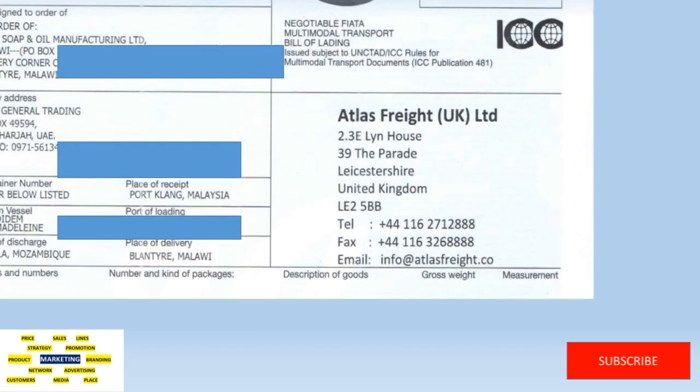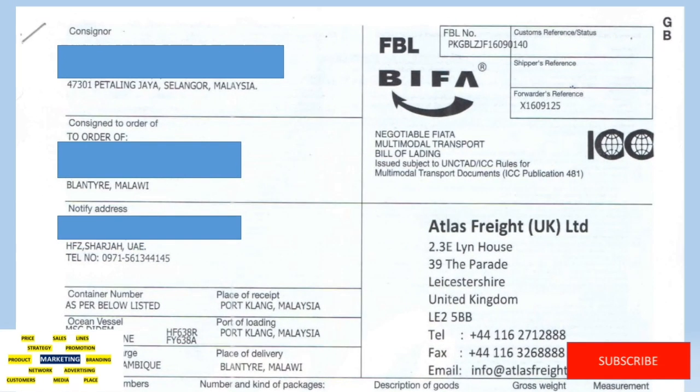Next point, fumigation certificate. Fumigation certificate, sometimes referred to as a pest control certificate, is a document that serves as a confirmation that any wooden packing materials, that is pallets, used in a cargo shipment have been fumigated. They contain details such as treatment purpose, fumigants used and temperature range. Now we see SGS report.